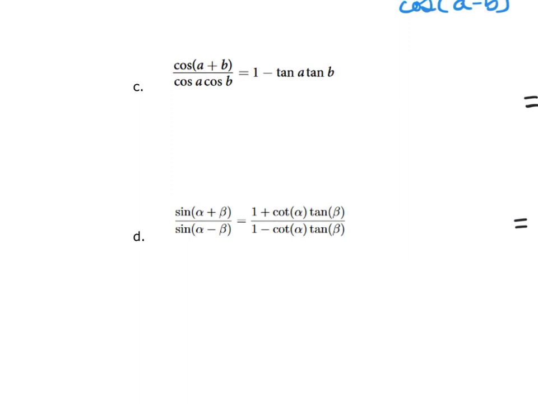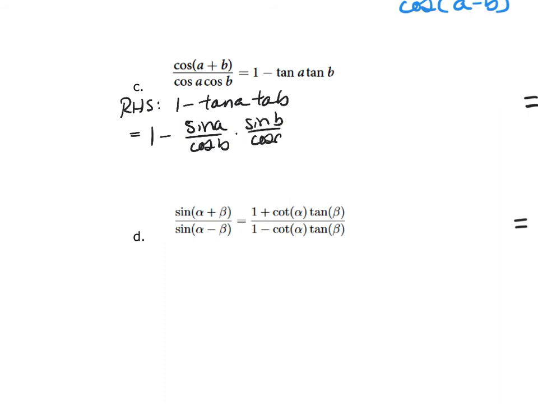Now, C is going to be pretty straightforward. I'll take the right-hand side this time. It doesn't really matter, right hand or left hand. Left hand will be easier, but I'll do the right hand. 1 minus the tangent of A, the tangent of B. This is going to be equal to 1 minus the tangent, which is going to be written in terms of sine and cosine, which is the sine of A, cosine of B, and then multiplied by the sine of B, the cosine of A,